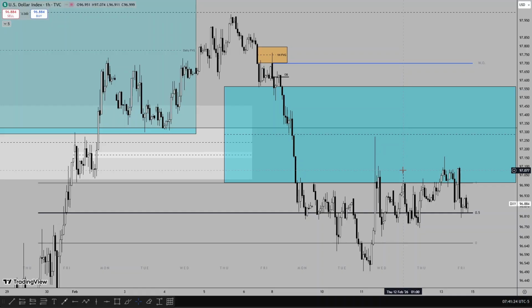Now, the journal wasn't perfect. There were some times I forgot to take a screenshot when entering, and it was later on, when price was already running, that I took the screenshot. But all in all, there's a live execution to it. The point is that I'm trying to show you that when you have a trade plan, there shouldn't be any hesitation in taking advantage of those setups which were developed from the trade plan.